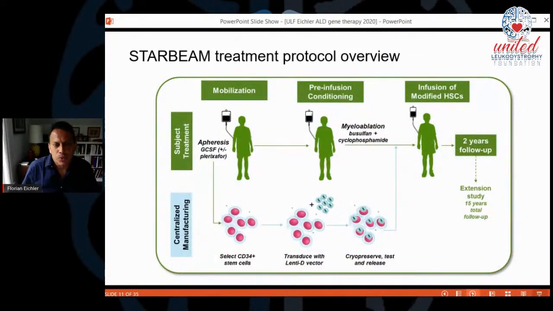So briefly, what do we do? We identify boys with cerebral ALD. We harvest their bone marrow cells. We transfect these cells that are CD34 positive with a lentiviral vector carrying a normal copy of the transgene. We give a brief amount of myeloablation of busulfan and cyclophosphamide, and then we transfuse these cells back to the boys, and we follow them for a 2-year period. It's important to note that this is identical to what happens in conventional bone marrow transplantation, with the exception that these are cells from the boys themselves. So we're avoiding a lot of the engraftment problems and graft versus host. Next slide, please.